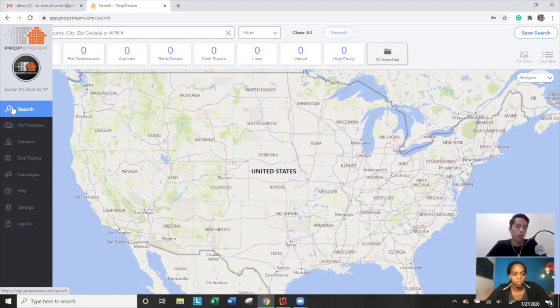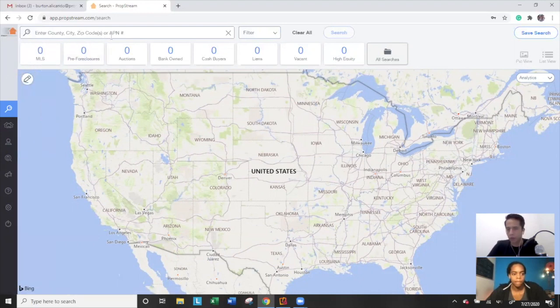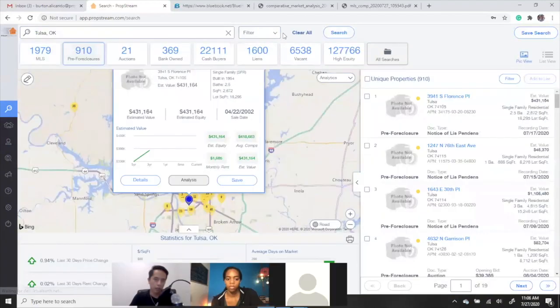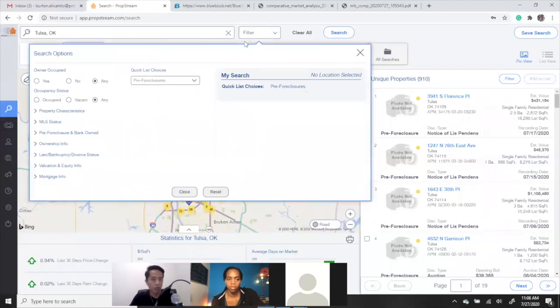We obviously believe that you're here to search a market and build your lists, or search a specific property and run comps on it and analyze that property. So we believe that the first icon should definitely be the search. And so here at the top is where you perform your market search or your address search. This is what powers our filter. So instead of going through 910 pre-foreclosures, which is a lot, I can go into the filter